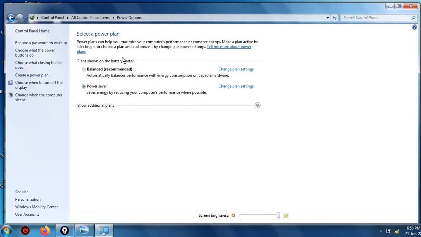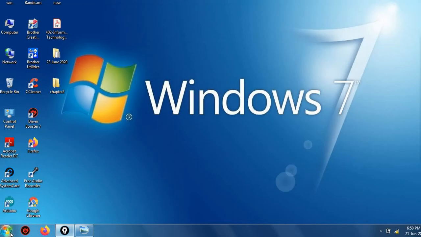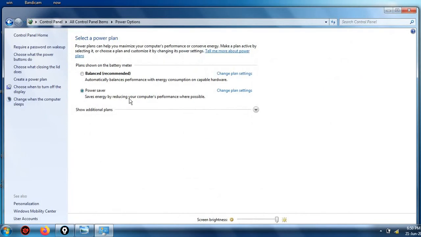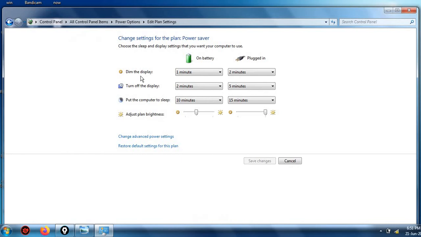So from here, see, after opening this, in control panel, under power option, here power saver is there, right? Power saver is selected by default, meaning it is in sleep mode. It will automatically change plan setting. Okay, I will click on this, and here see, dim the display, turn off the display, put the computer to sleep.